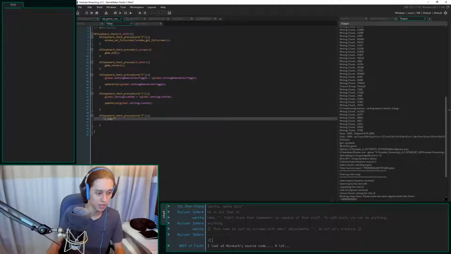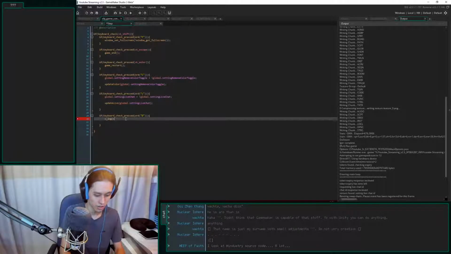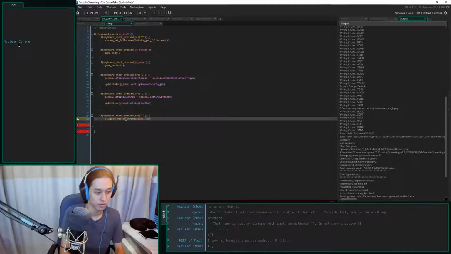This is going to be like my debug command. You know what? I'll put on D then. Console log ds map to string global.userdata. And I think I can just rerun you and you will be fine.